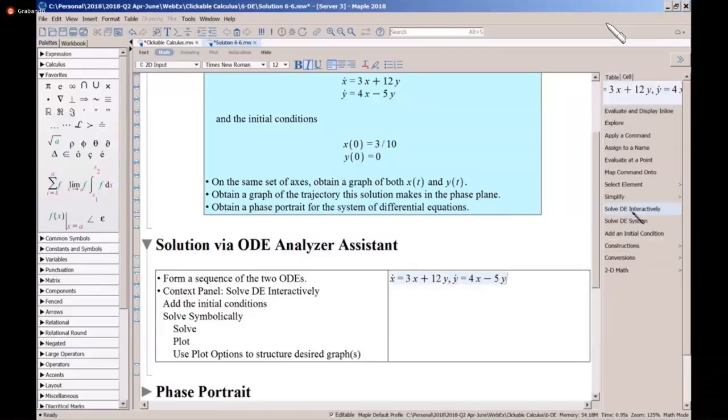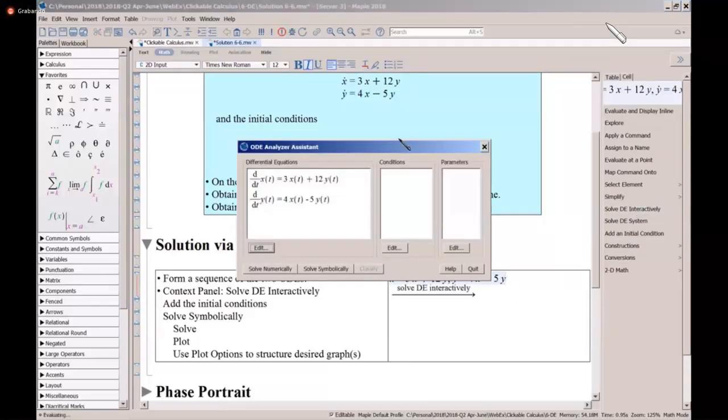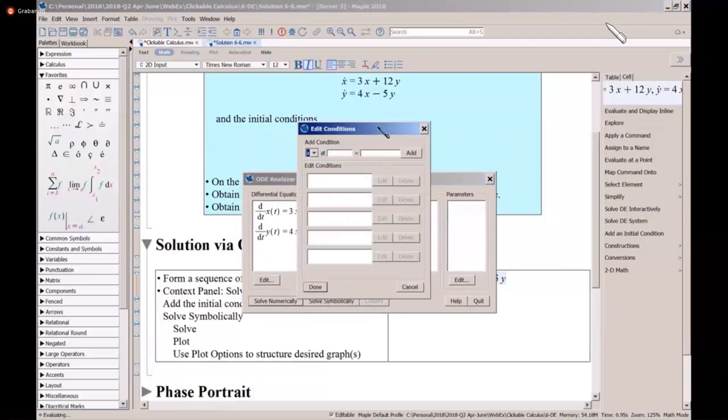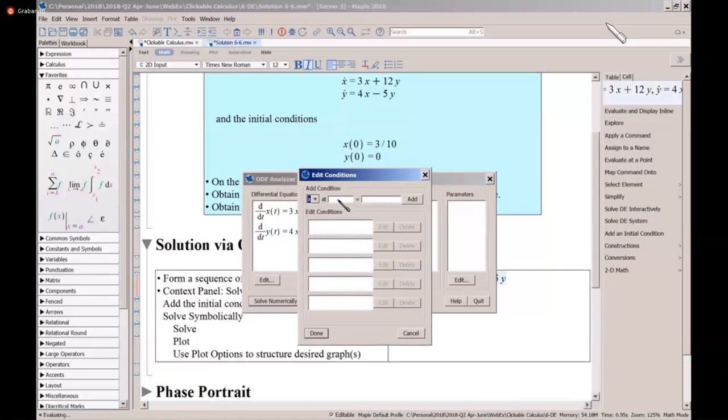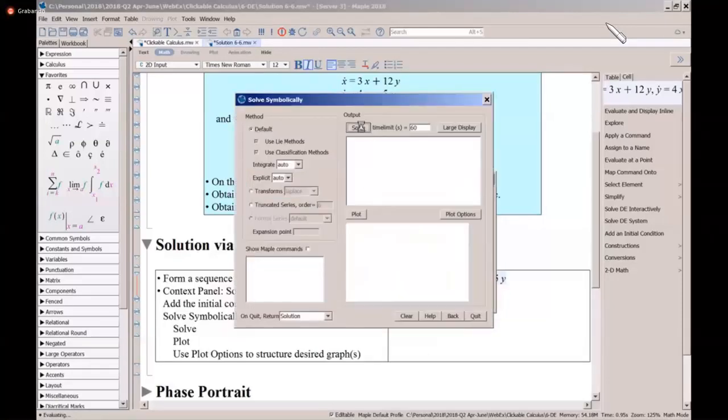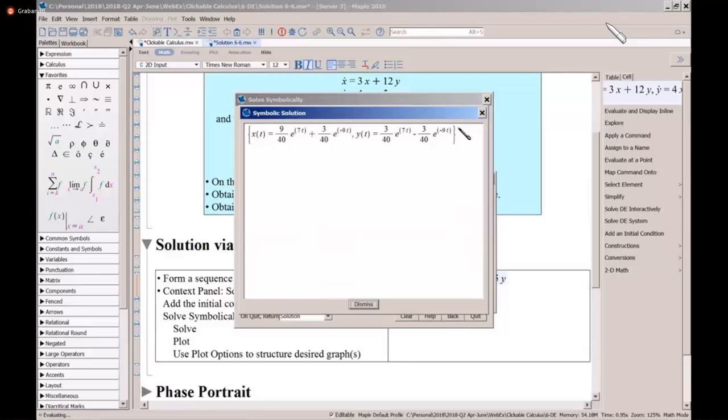The context panel gives me the option solve interactively. And so interactively, I'm going to add conditions, and the conditions are x at 0, 3/10. Add that, and then this would be a drop down, so it's y at 0. And I pick 0, add that, click done. I now have a problem I can solve numerically, symbolically, and if I pick symbolically, I can see the solution